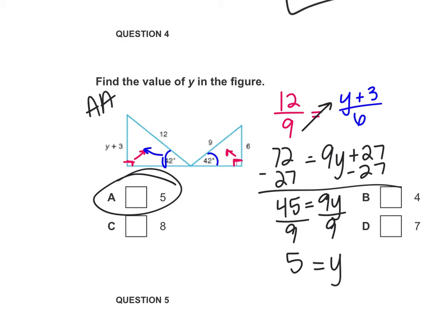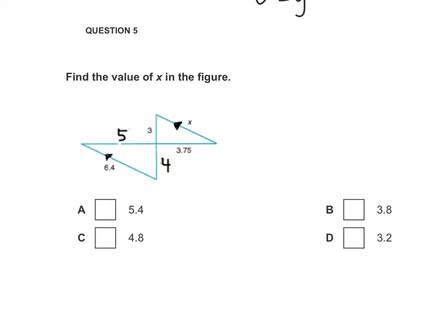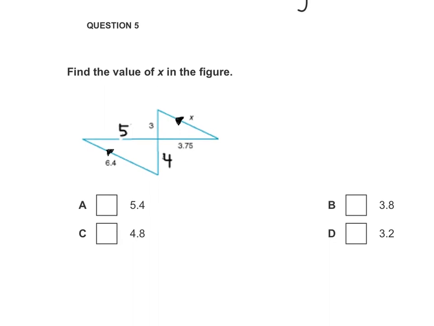Last example. Again, these little triangles we learned yesterday represent parallel lines. So this is very much like number 3. We have these parallel lines. If you can't identify the congruent angles, create that transversal. But to save a little time, I know that 3 and 4 are my proportional sides. 5 and